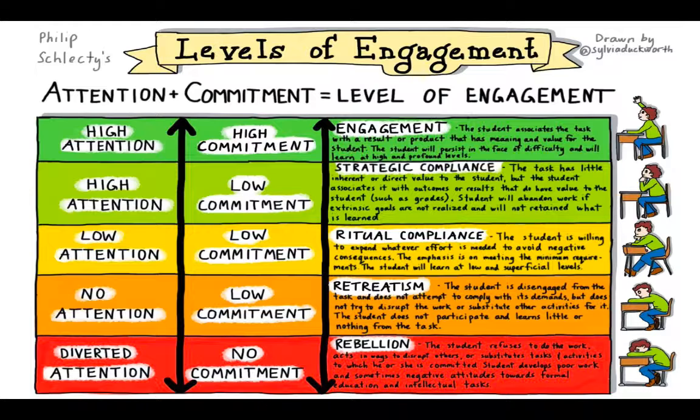Now that is a skill we want to make sure we facilitate. That's a skill we want to be able to develop in an individual, because we see at the bottom of the first column, diverted attention, the bottom of the second column, no commitment, and the bottom of the third column, rebellion. My goodness, we definitely don't want that element. And we know there are attributes affiliated with that with students with disabilities that we need to avoid.